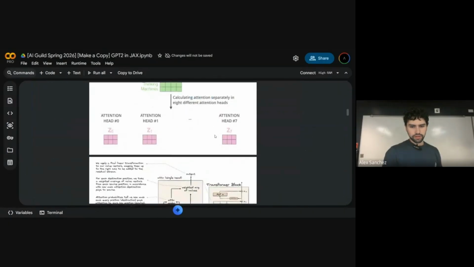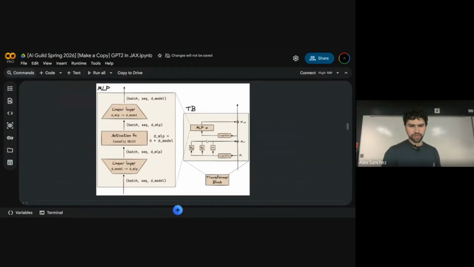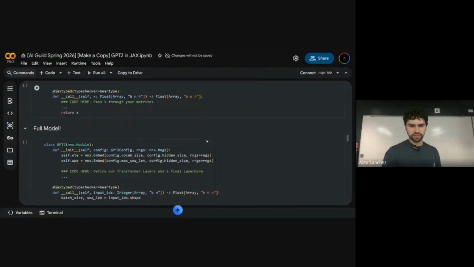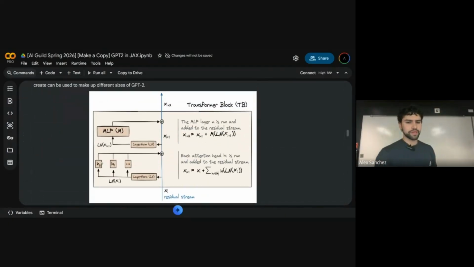For example, here, I think there's a better diagram. This is a transformer block. So this is all of that going on, the same thing you saw in the official diagram. We literally built all of this kind of like little Lego bricks, right? We built the transformer part first, and then we built the MLP, then we attached them together. And then to have a whole architecture, we put multiple of these transformer blocks together.